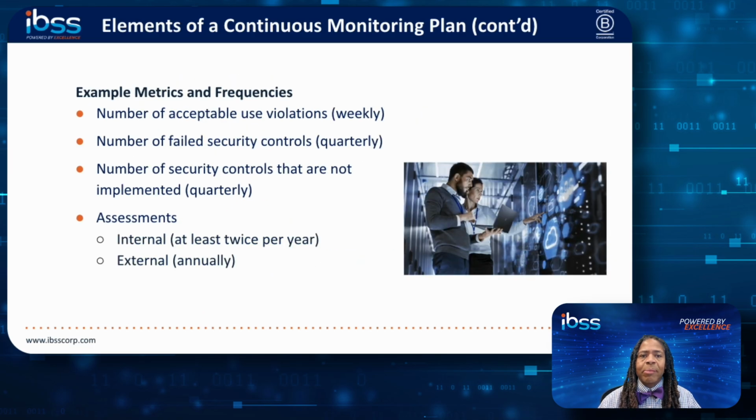I have a few more examples of metrics to capture. The number of acceptable use violations, and reporting on those weekly. And those are violations where users violate acceptable use policies using organizational IT equipment. It's a good idea to keep track of the number of failed security controls and taking a look at that quarterly. Now, when we say failed controls,